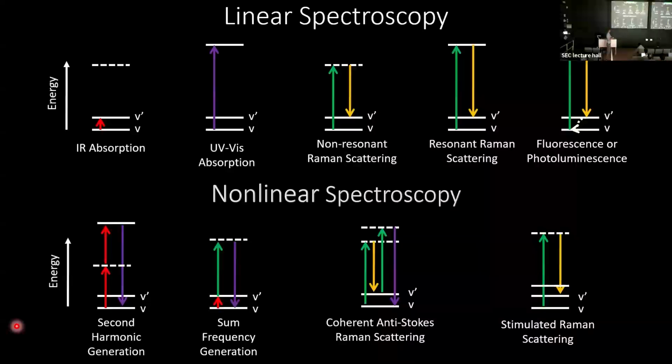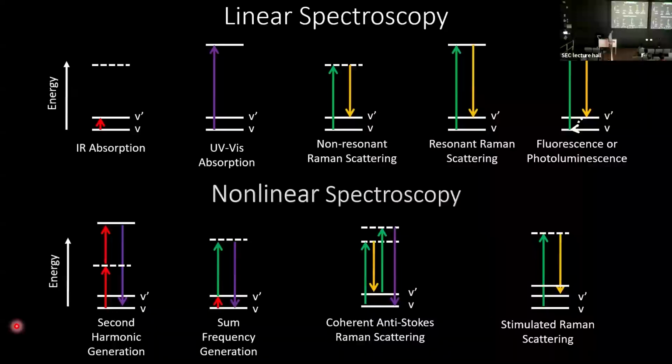We can have Raman scattering, where we transition up to a virtual level and then transition back down. In Raman scattering, it's an inelastic light scattering process. So we're losing some energy. And we're losing the energy because we start in the ground vibrational state and we end up in the excited vibrational state. And so we send in a green photon, we get back out a yellow photon. If we keep careful track of the energy we put in and the energy we get back, we can determine what this energy level difference is. And then that will tell us what the vibrational mode is, and we can make assignments and chemical